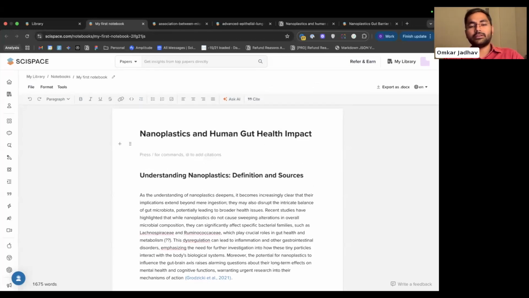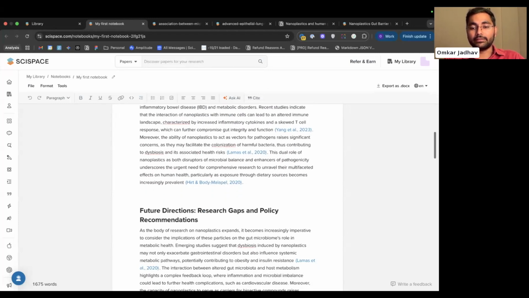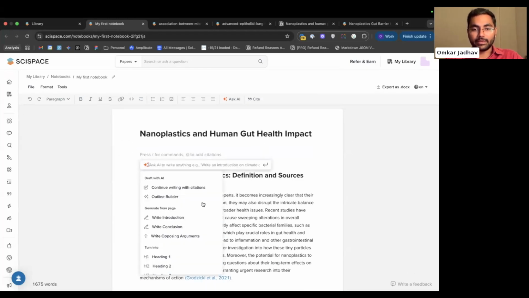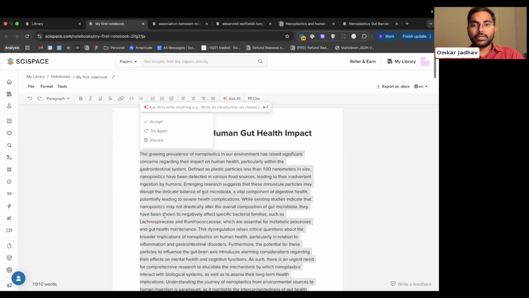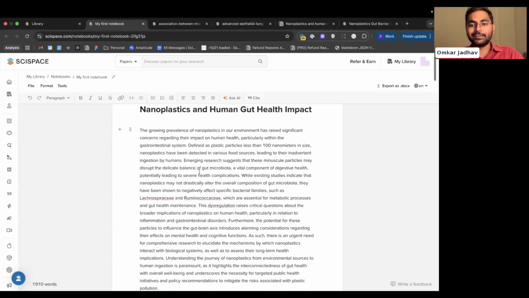Okay, maybe I think these sections are not enough. I want to add an introduction section for this draft, right? So again, I'm going to summon AI. I'll ask it to generate an introduction based on the content which I have on this particular page, right? So I'll ask it to write an introduction. Okay, so AI is going to work, and yep, we have an introduction for this topic based on the content